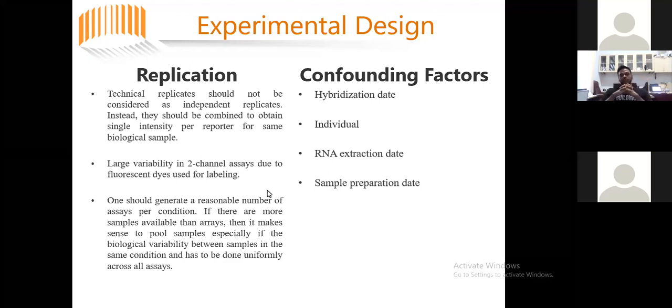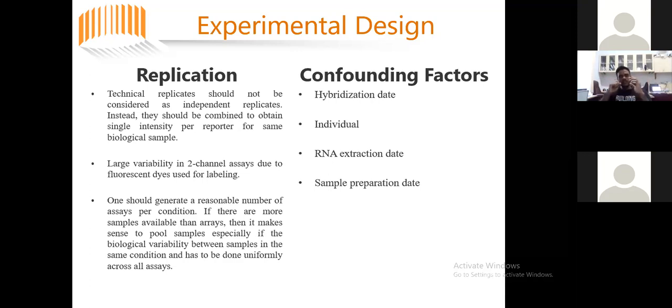There is also one factor which is majorly involved in the experimental design, which is the introduction of confounding factors. Suppose a batch of samples is processed on a single date by a particular individual, and the next batch is processed by another individual on another date. Then there exists a confounding factor known as batch, because the two samples are in two batches, processed by two different technicians on different dates.